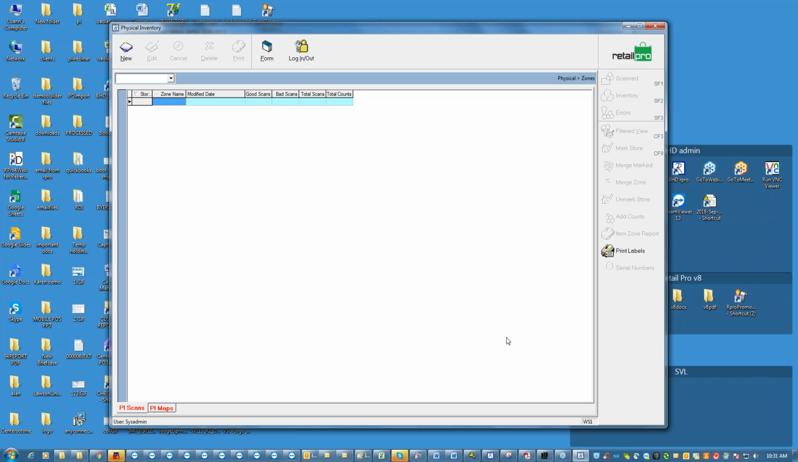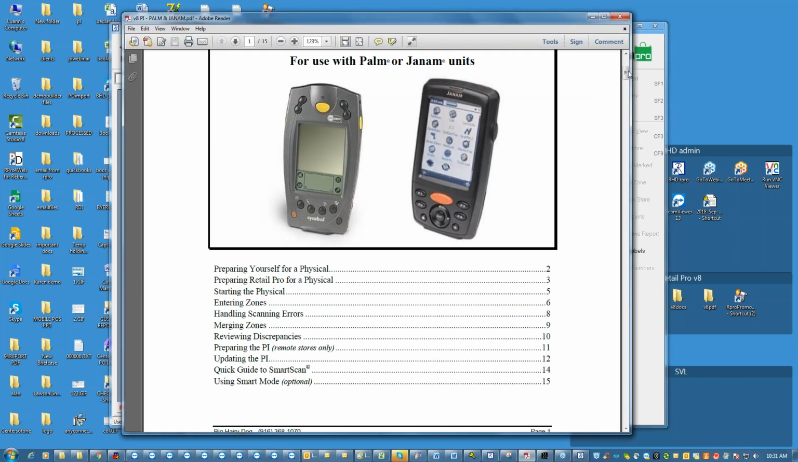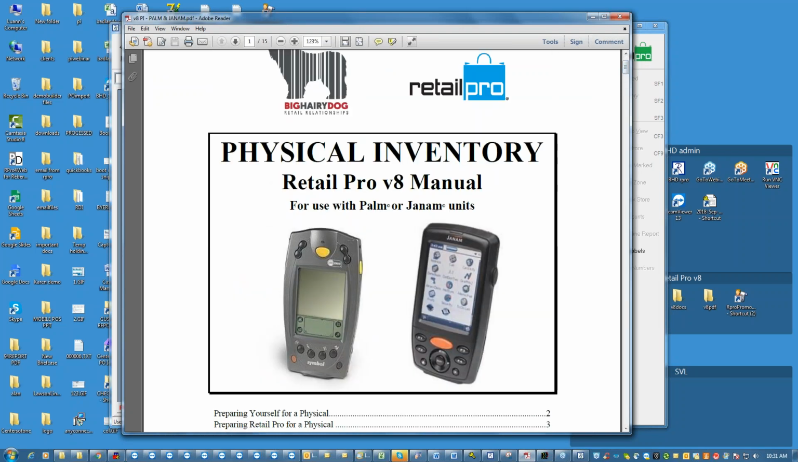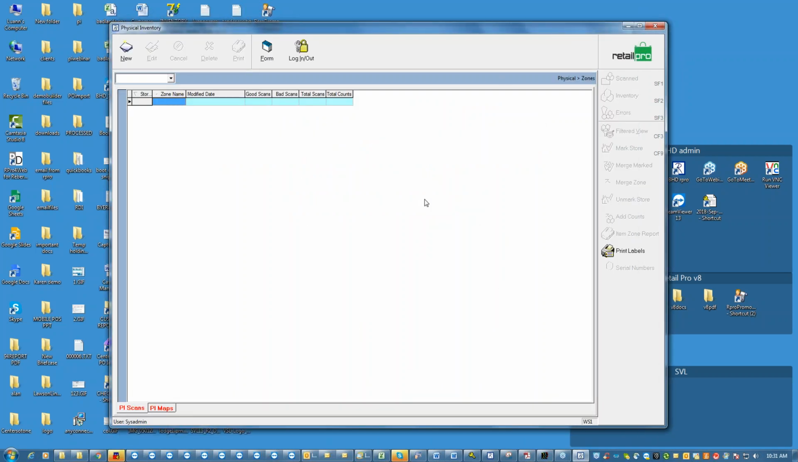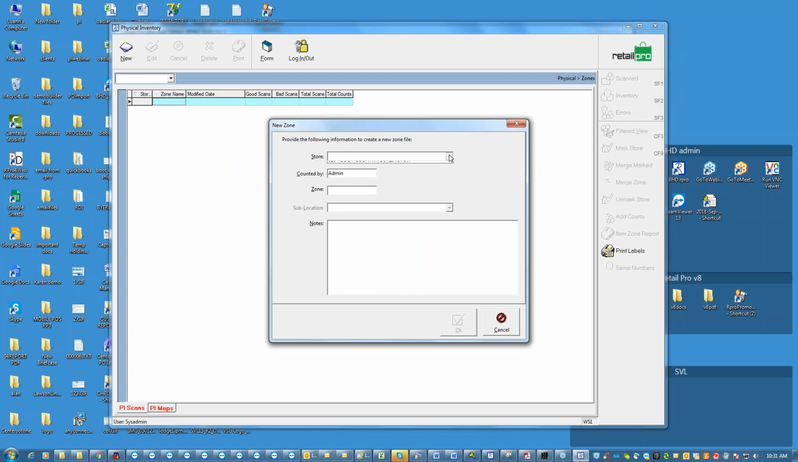So let's say we're using the scanners that I showed you here. We would send a team with the scanner out to that orange zone, which is in the front of the store. When they're done scanning everything, they take the scanner back here, you plug it into a cradle, you click the new button. You tell it what store you're counting, you tell it what zone, and in version 8, the zone has to be 5 characters or less. So you can use the orange,